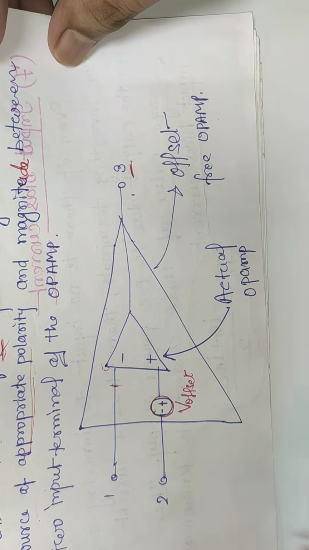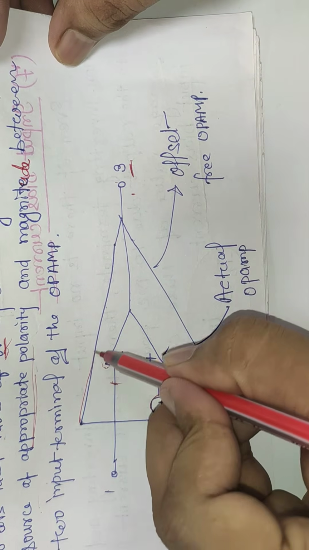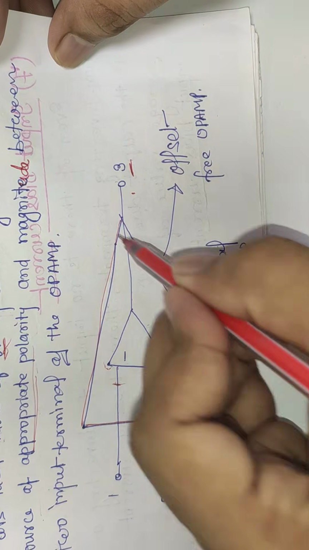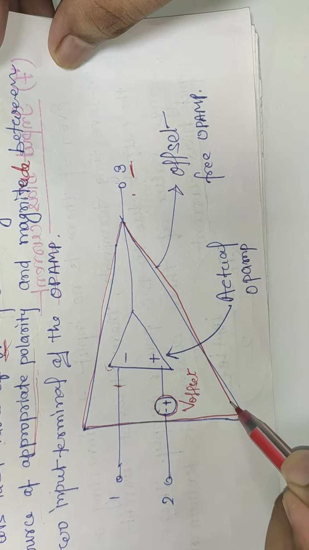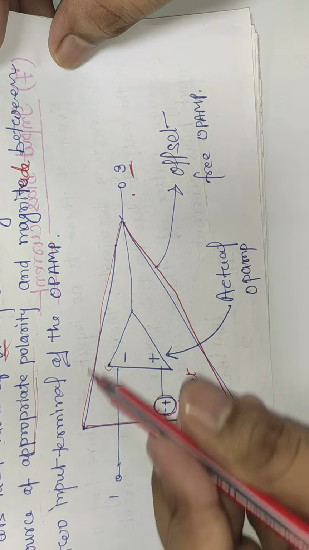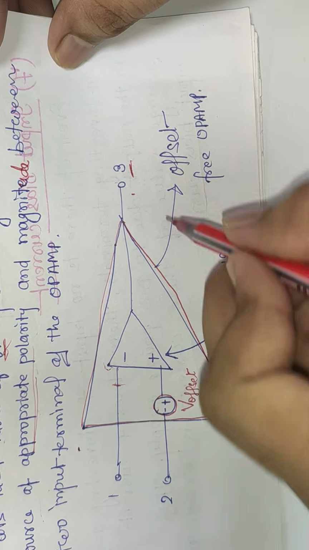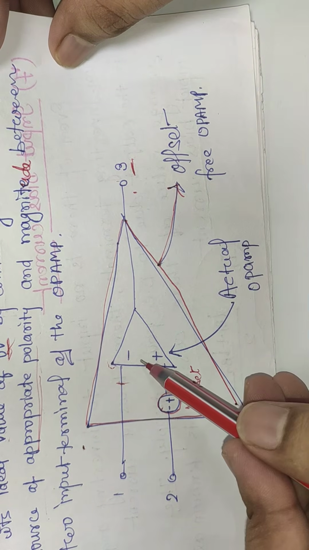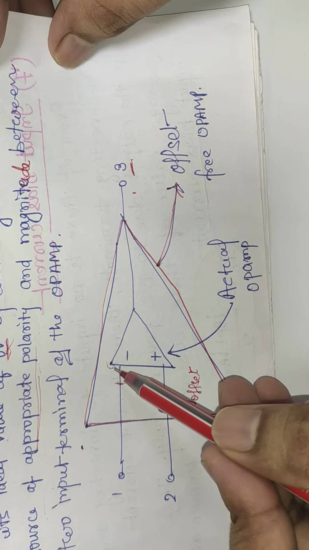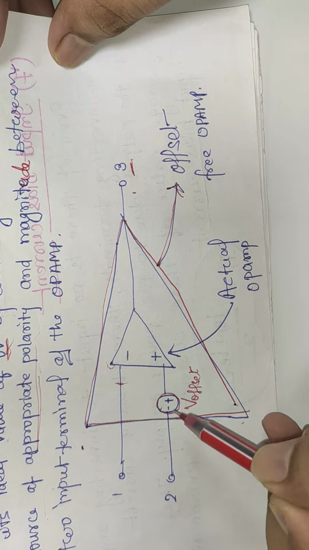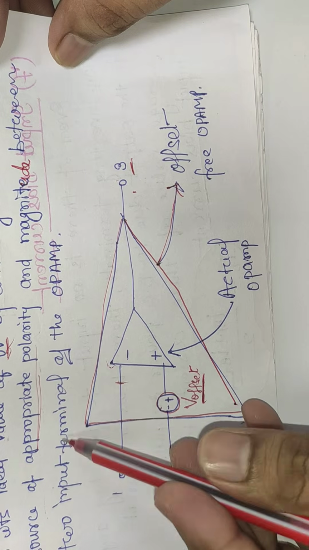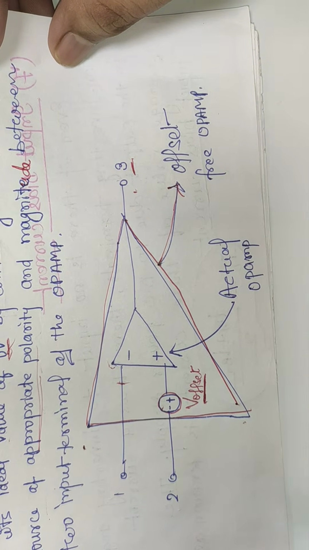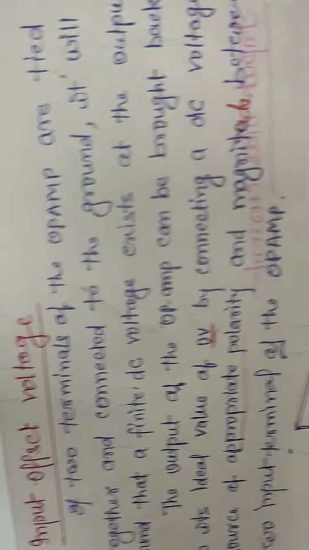Okay. After applying this, op-amp has become ideal op-amp. Output voltage is 0. So this outer design is a virtual op-amp. This is offset free. Actual op-amp is this one, and I have applied one DC offset voltage, after which the op-amp's output is 0. Therefore, this is an offset free op-amp, operational amplifier.